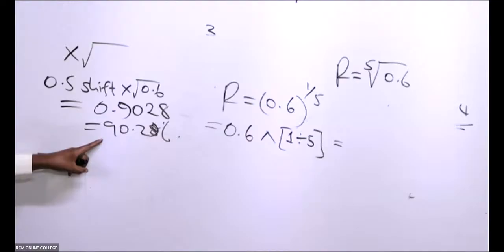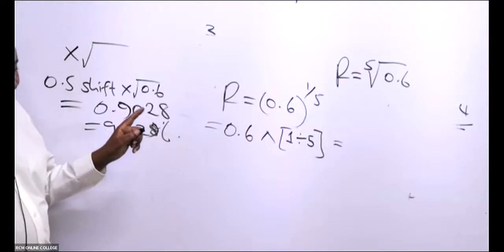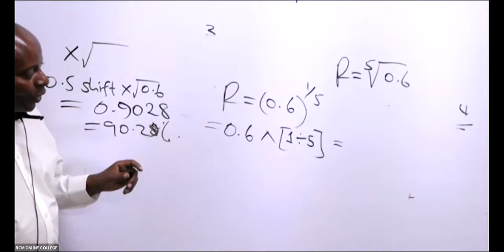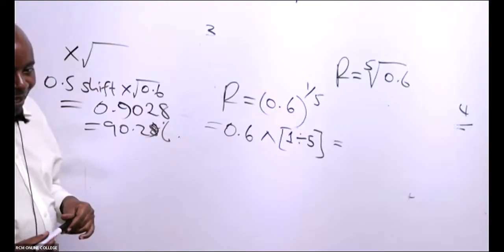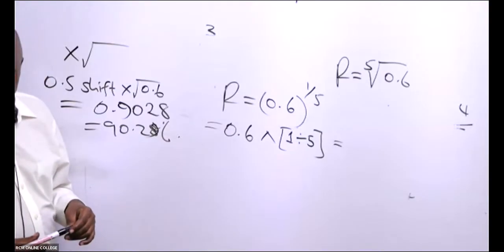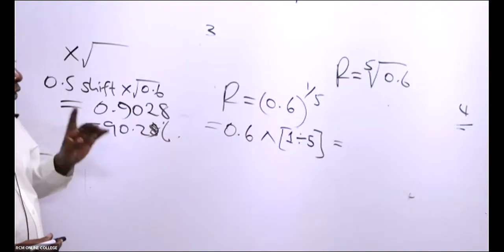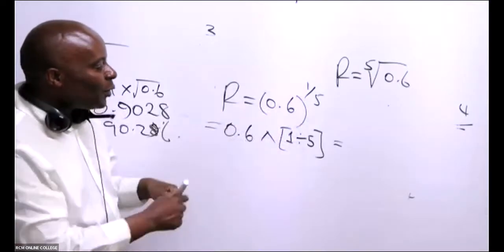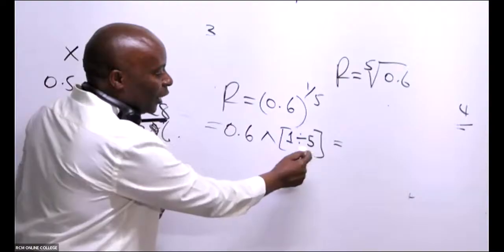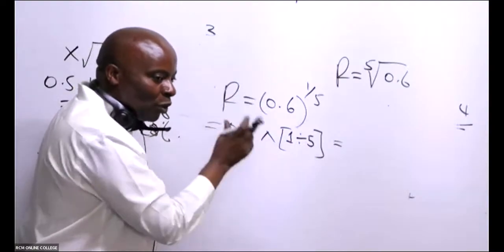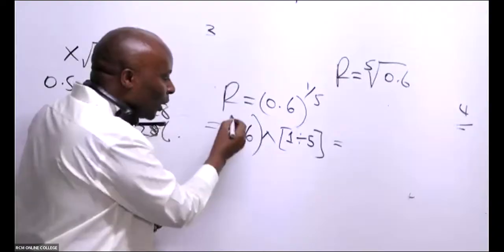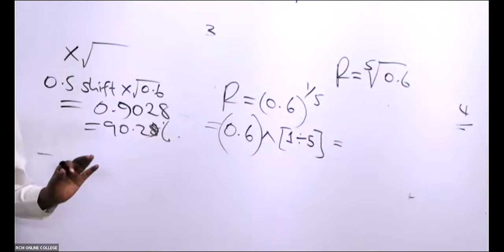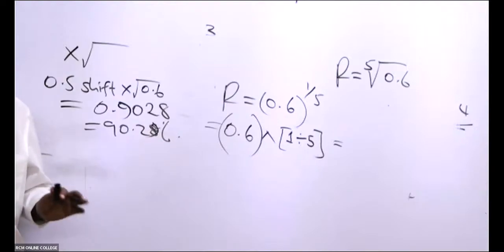We're getting a different answer. Haiwezi kuwa different. Make sure make a bracket. Ukiwacha, you know this power is the one that is what here, somebody? This power is the one that is compact. And so you're putting your power in brackets. You can as well put one in brackets, but the power must be in brackets. Itakuwa the same.